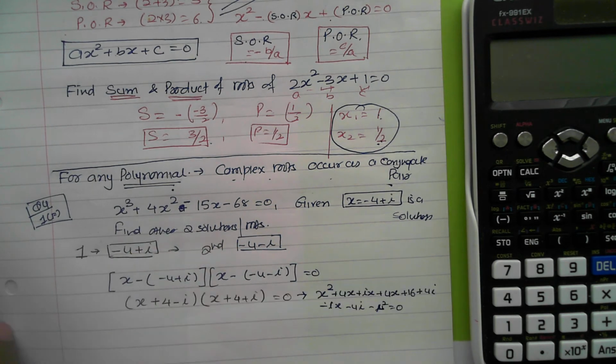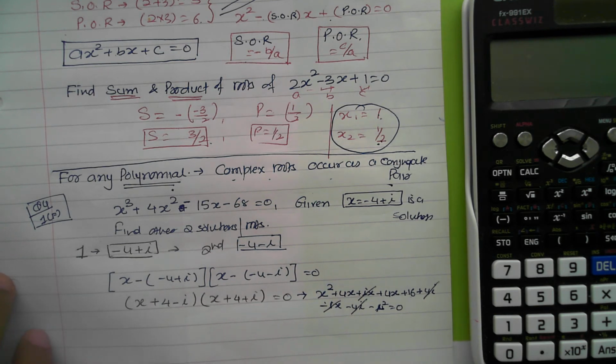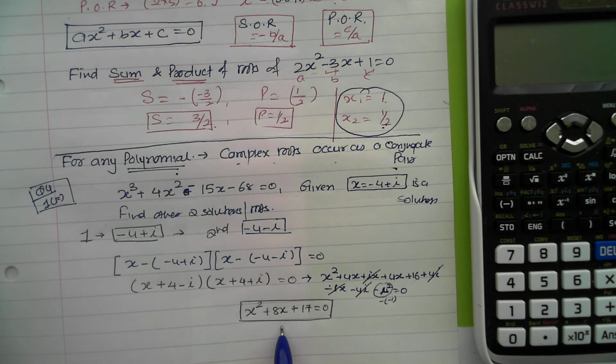Okay, let's work that, which on simplifying gives me this. And if I look very carefully, there's a positive 4i, there's a negative 4i, there's a positive ix, there's a negative ix, which cancels. So the quadratic equation comes out as this,